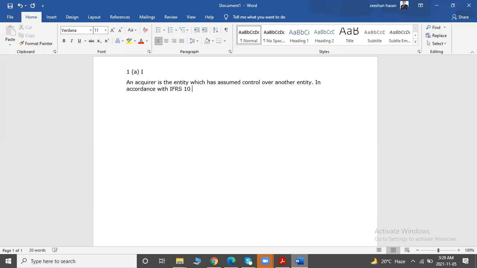Under IFRS 10, an investor controls an investee where it has power over the investee, exposure or rights to variable returns from its involvement with the investee,